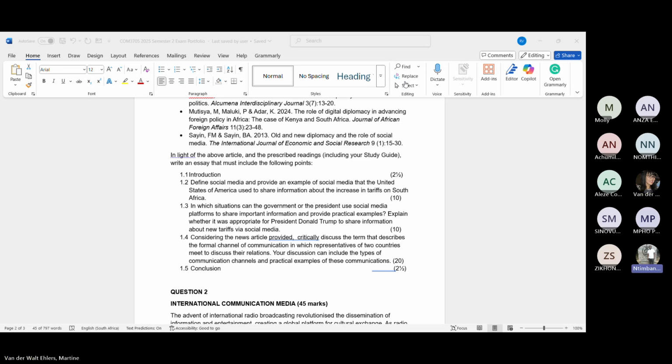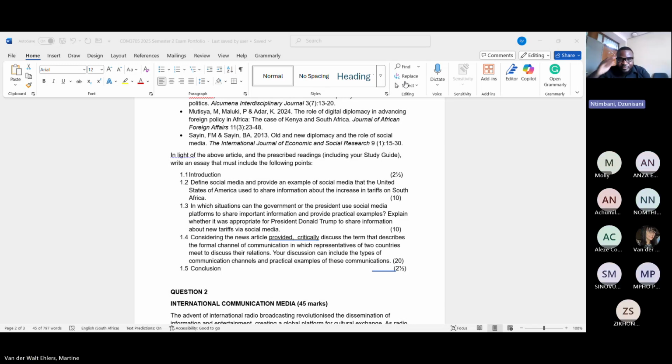1.4 as well. So with 1.4, it says, considering the news article provided, critically discuss the term that describes the formal channel of communication in which representatives of two countries meet to discuss their relations. Your discussion can include the type of communication channels and practical examples of these communications.